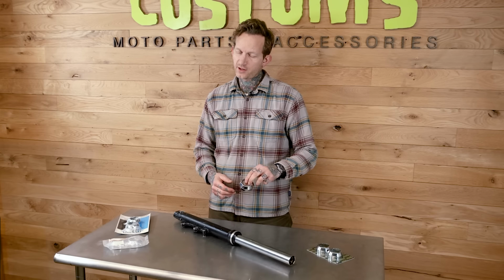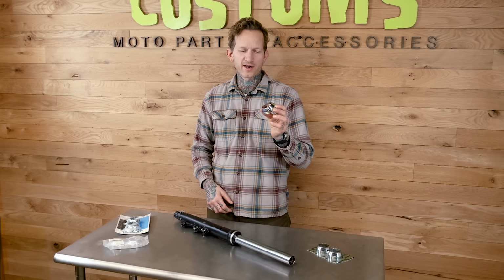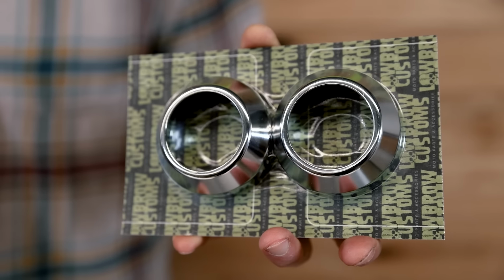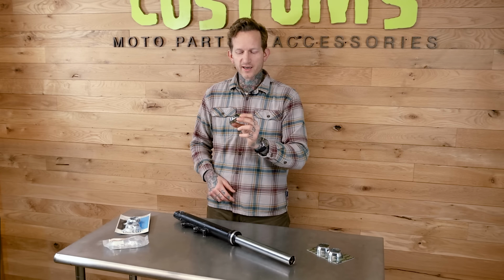I am here to show you something that seems small and insignificant, but we are pretty pumped on this product. These are our new premium 39mm fork seal covers. If you've ever used a set of these that are not OEM Harley, then you will also be excited because